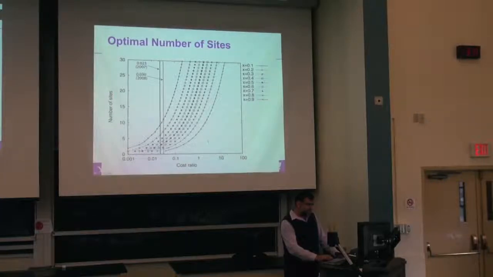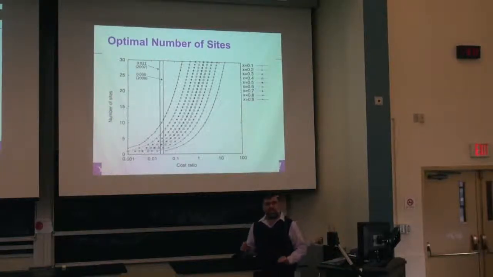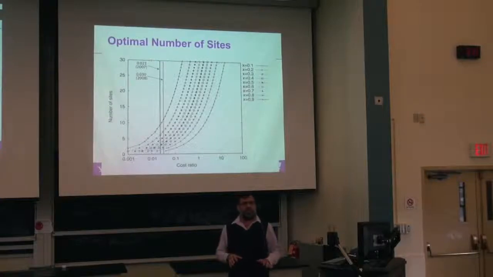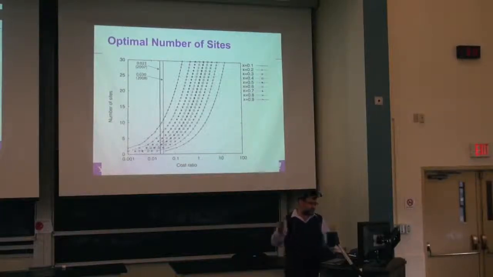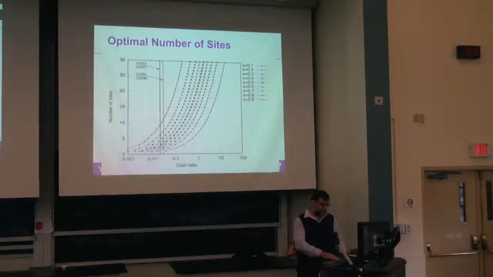Now, these two lines are the ratio of the cost that was in 2007. This is 2008. Because the price of energy is not going up and down, but the cost of internet is going down, this line is going to the right. So basically, it's going toward more distribution. And it was another signal that, okay, we have to worry about distributed search.